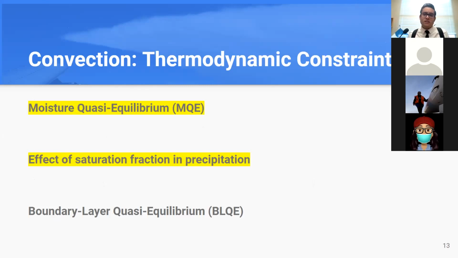There is moisture quasi-equilibrium, which I will refer to as MQE in the rest of this presentation. There is the effect of saturation fraction in precipitation, which is very much related to MQE. And there is boundary layer quasi-equilibrium. Now, I highlighted only the first two because the last one, even though it is important for convection,